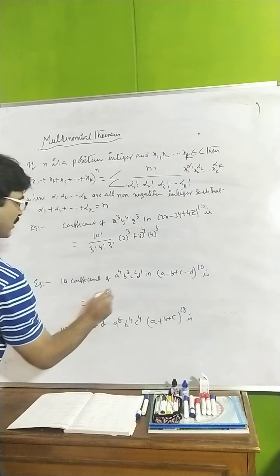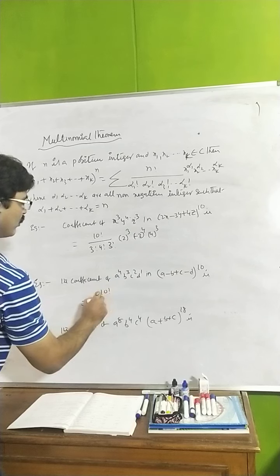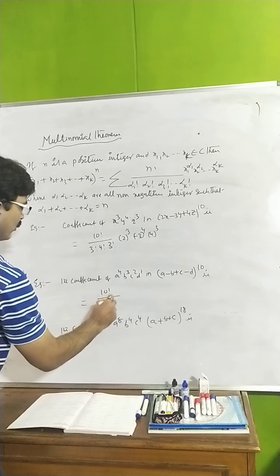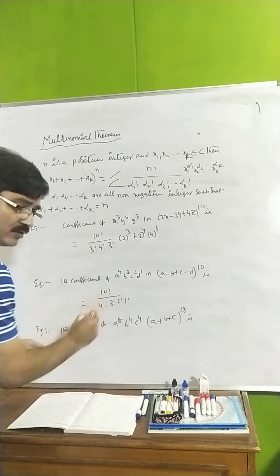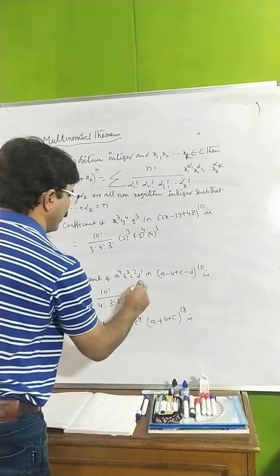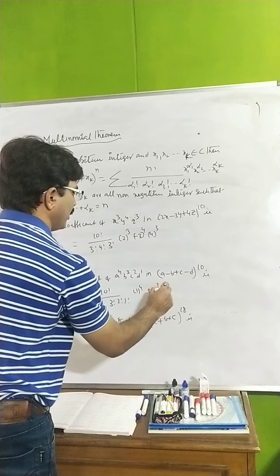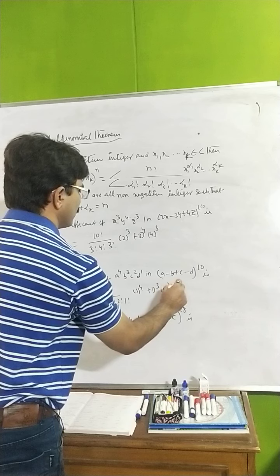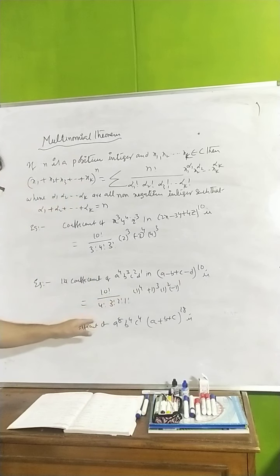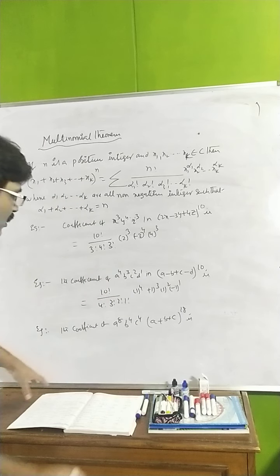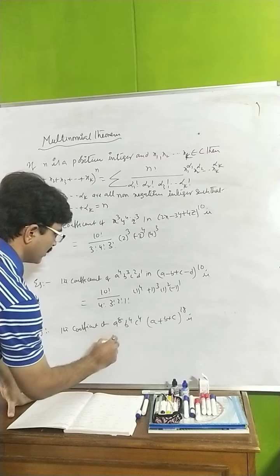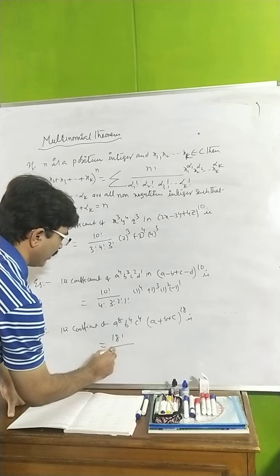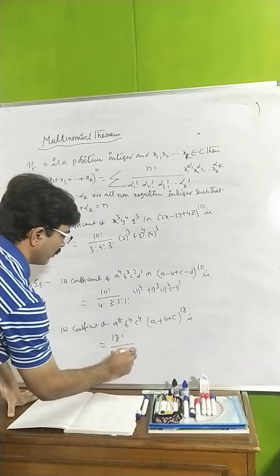Now in the case of this one, you see here 10 factorial divided by, this is 4 factorial, 3 factorial, 2 factorial, 1 factorial, but coefficient is 1 to the power of 4 minus 1 to the power of 3. Here 1 square, and this is minus 1 to the power of 1. Like this is there. You simplify, you will get the result. Whereas here also same case, 18 factorial divided by 18 factorial, 4 factorial, 4 factorial.